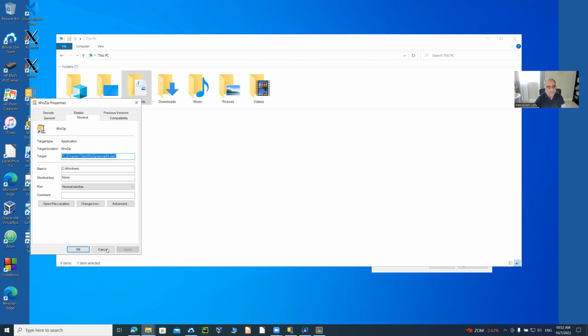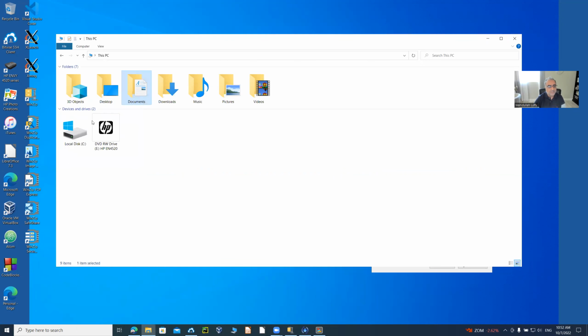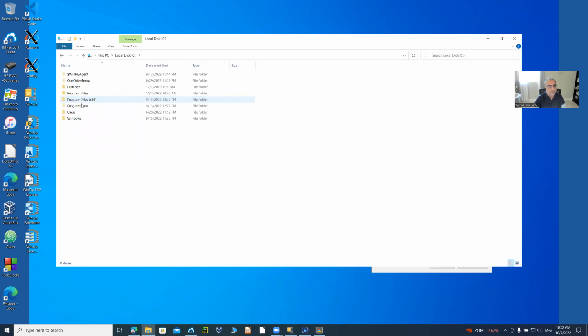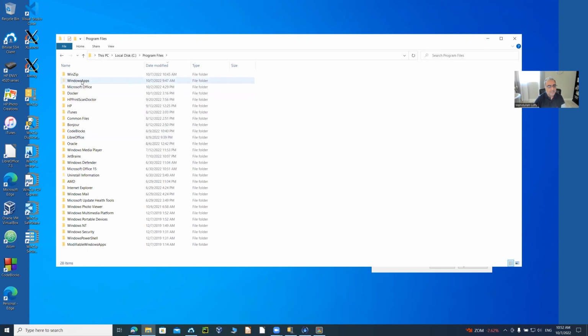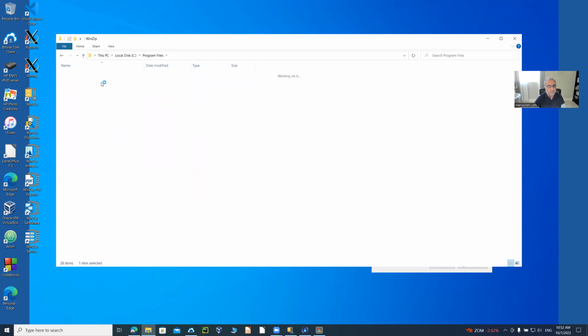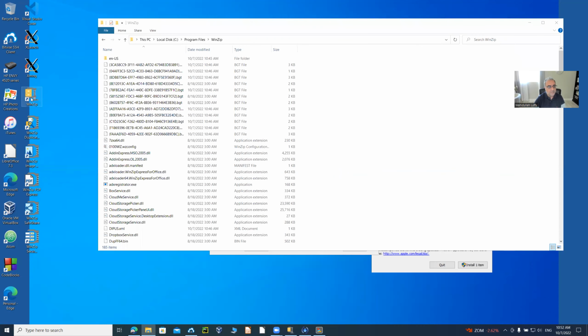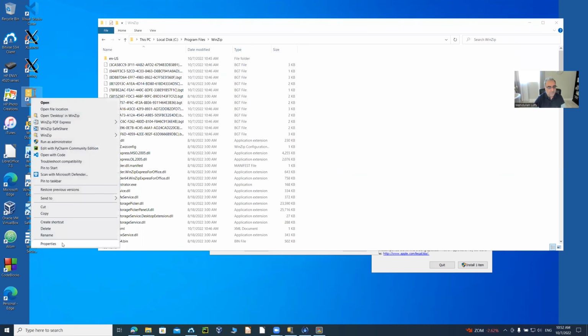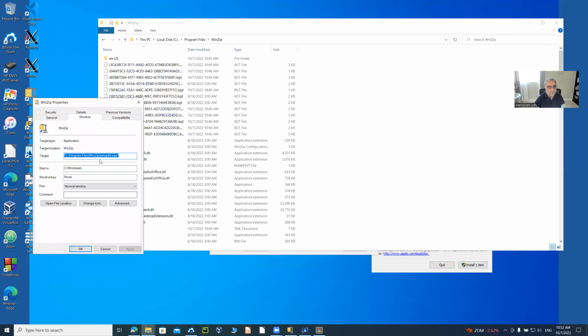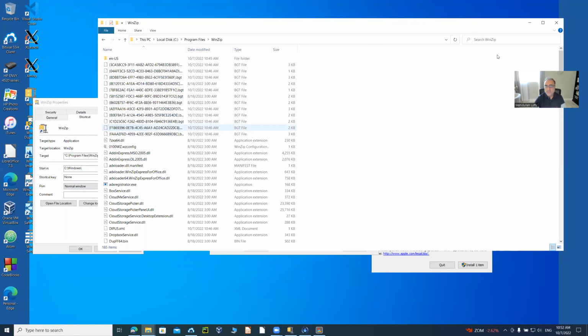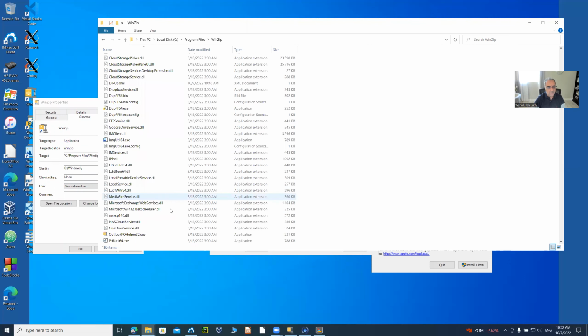So if I go to program files on the C drive, WinZip is right here, the WinZip directory, and there's a WinZip.exe. You notice that when I went to properties, it said WinZip 64.exe. So right here, I can search for it, or I can go down here, and there's an executable called